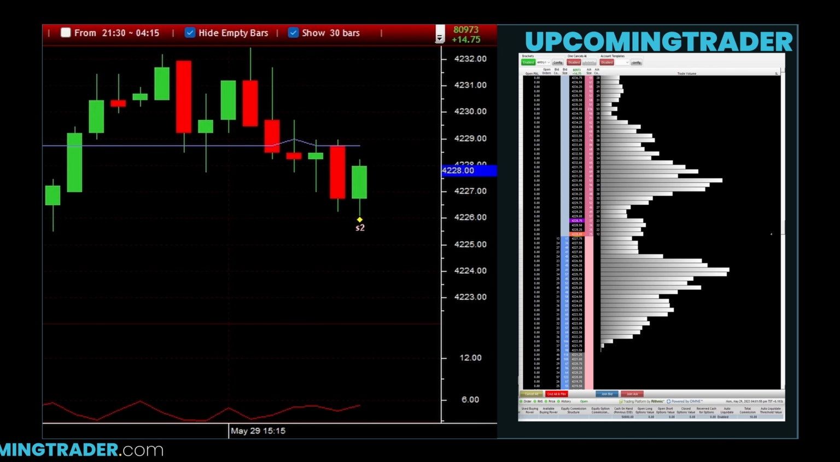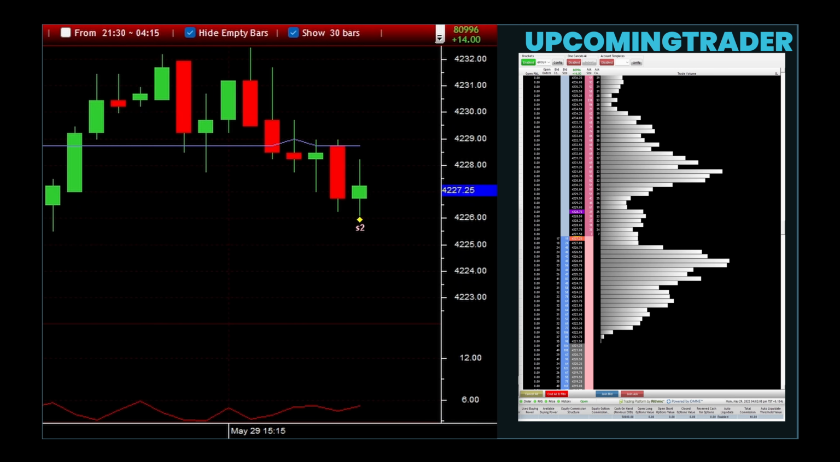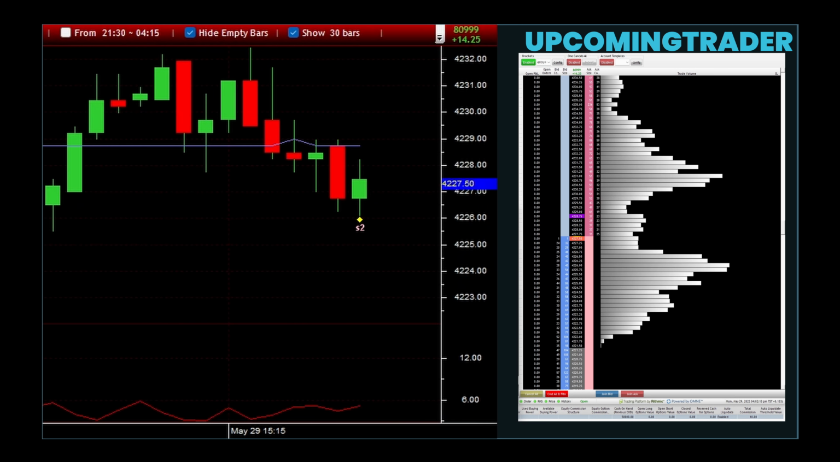Flags and pennants are continuation patterns that occur after a sharp price movement, resembling small channels or triangles. Flags move against the prevailing trend, while pennants have converging trend lines. When the price breaks out of a flag or pennant and crosses an EMA in the direction of the prevailing trend, it often signals a continuation of that trend. The EMA helps confirm whether the breakout is